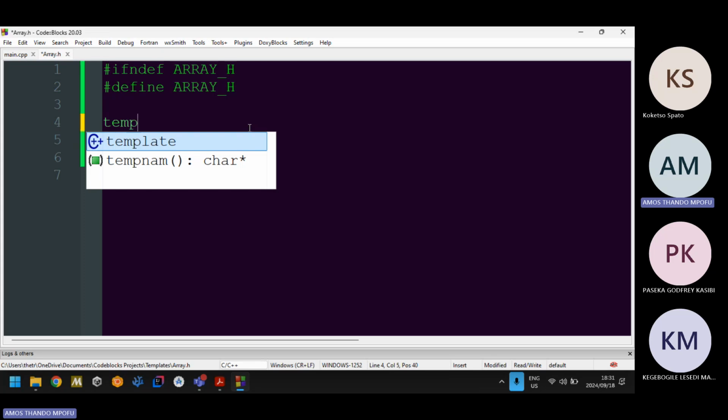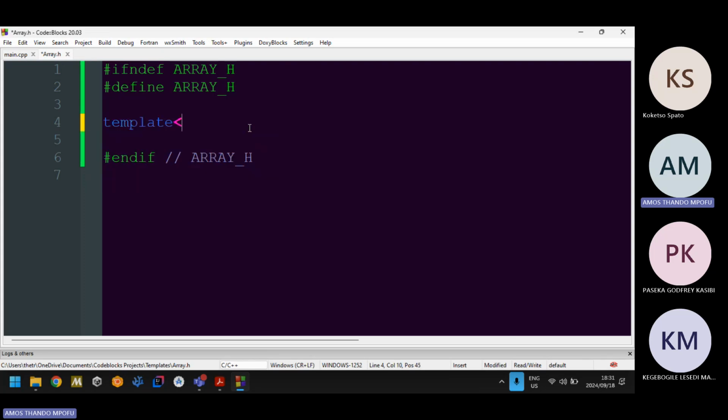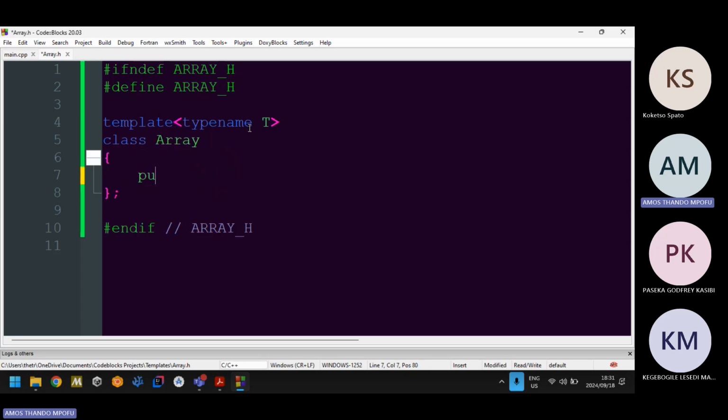You'll see. So do you see I'm inside a header file? It knows that header files contain C++ code. So that's why it shows me suggestions to autocomplete. So template, and then remember we said we should use type name. So the class you're gonna declare as usual. So this is my array class,